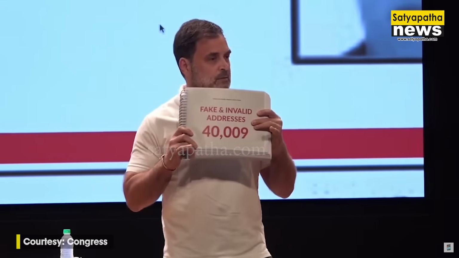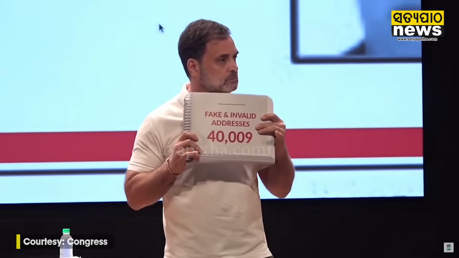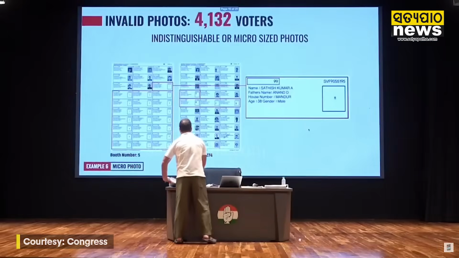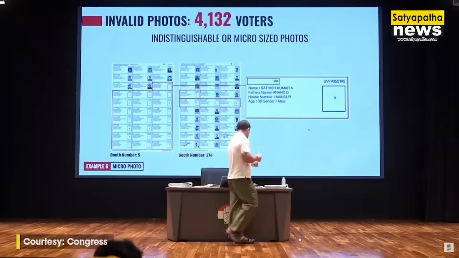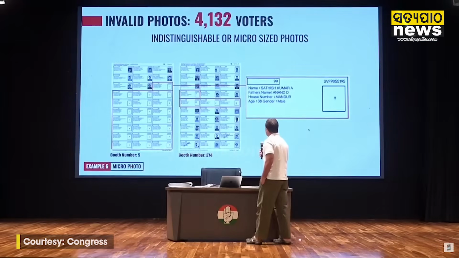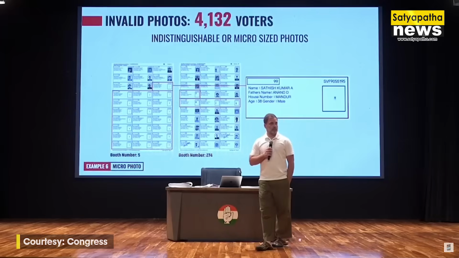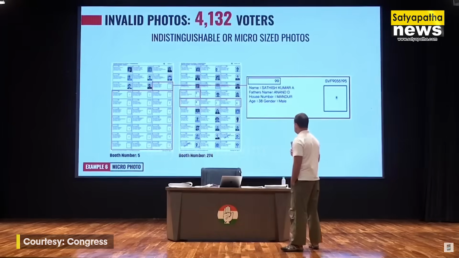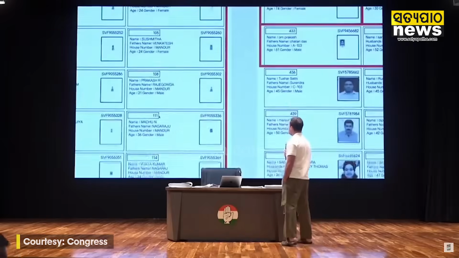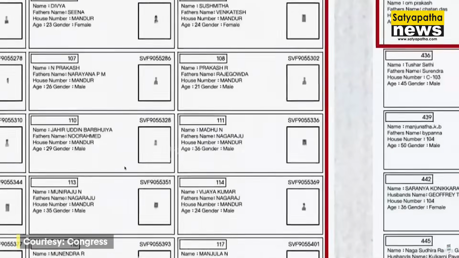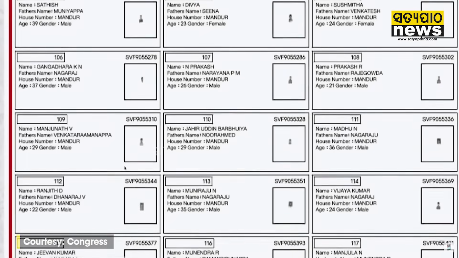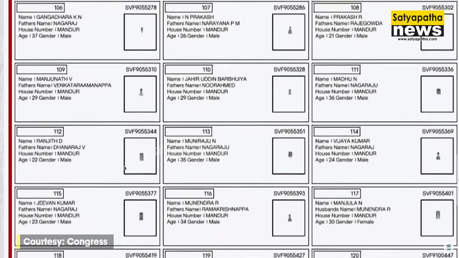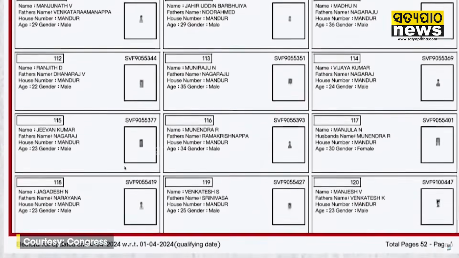Total lies. These guys don't exist. Okay? Next. Invalid photos. There are 4,000 voters. Show the photos. These are the photos. Either no photo or a photo that is so small that